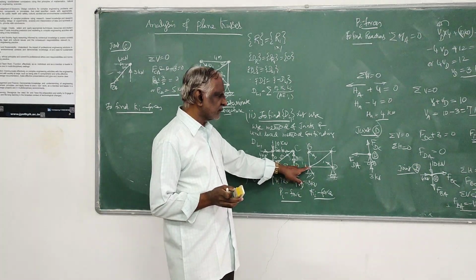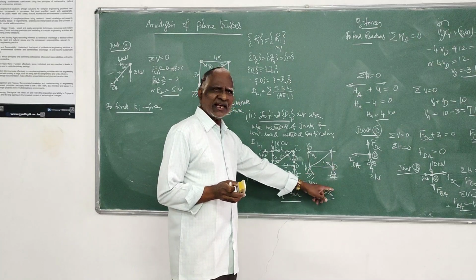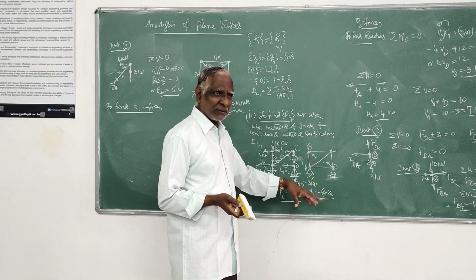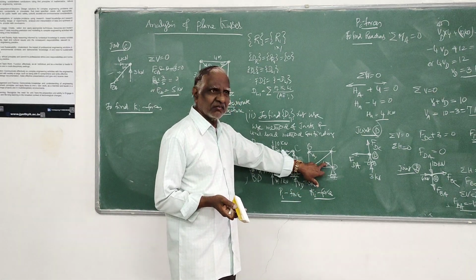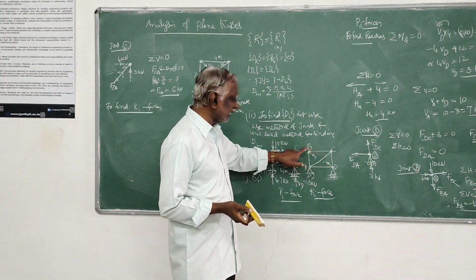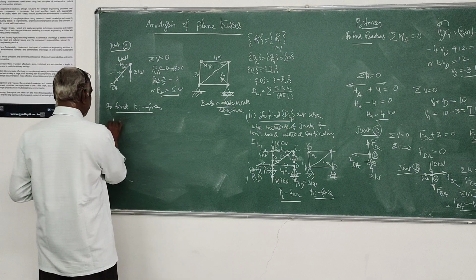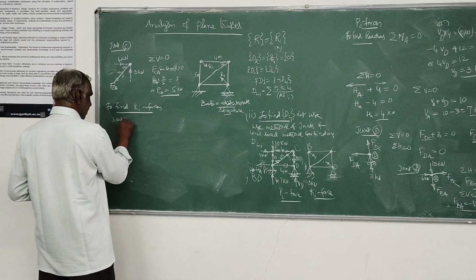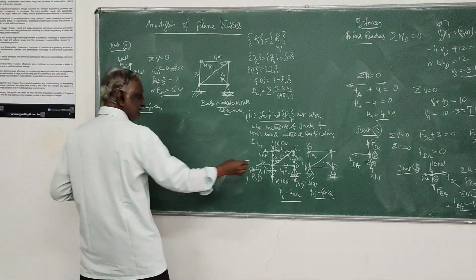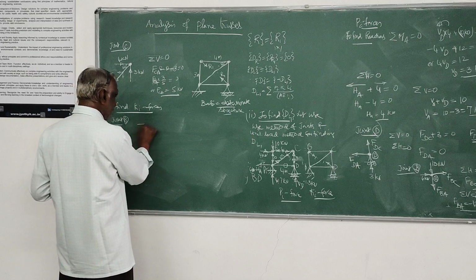A I cannot select, right? Of course D I can select because support reaction I have not yet determined, because it is not possible to determine the support reaction in terms of internal force because it is in equilibrium. So this also I cannot select, only B I can select. So I will select joint B to start. C I cannot select anyway, 3 members are there, only B I will select.